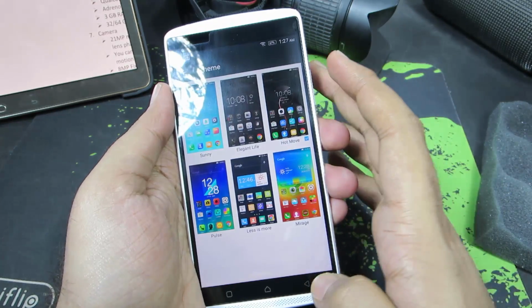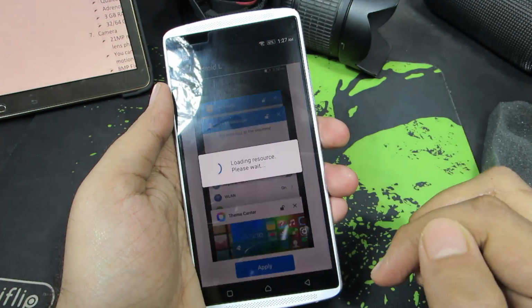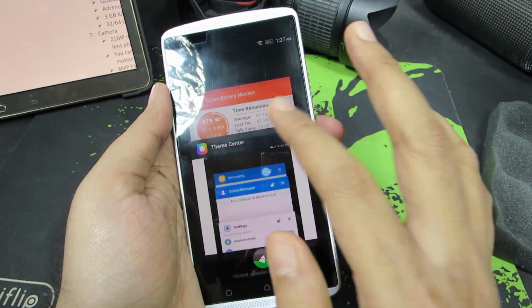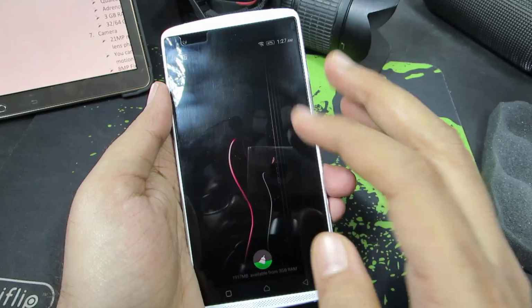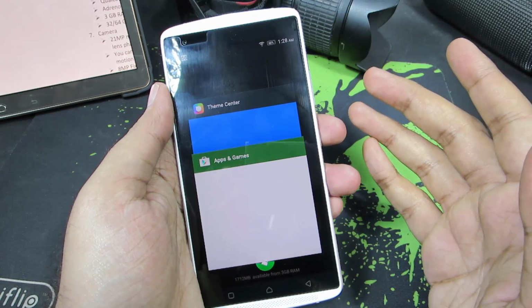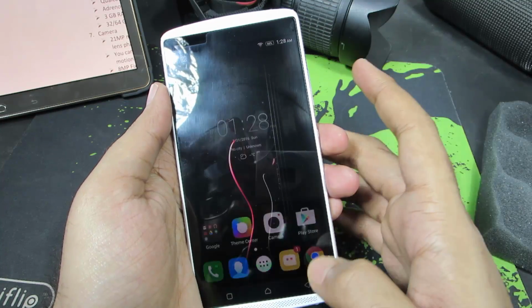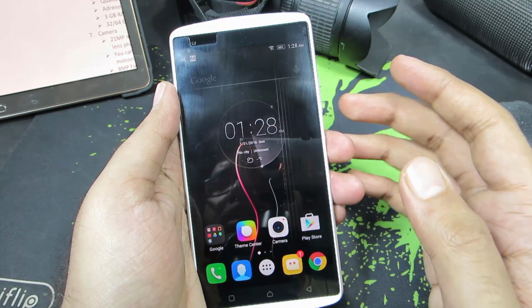So let me just replace the recent panel or recent tasks page. Let me choose Android L, and now if you go to the recent tabs page, this is your normal stock Android or vanilla Android's theme manager. Now this is your normal stock Android's recent tasks panel. So you can easily change themes like that,